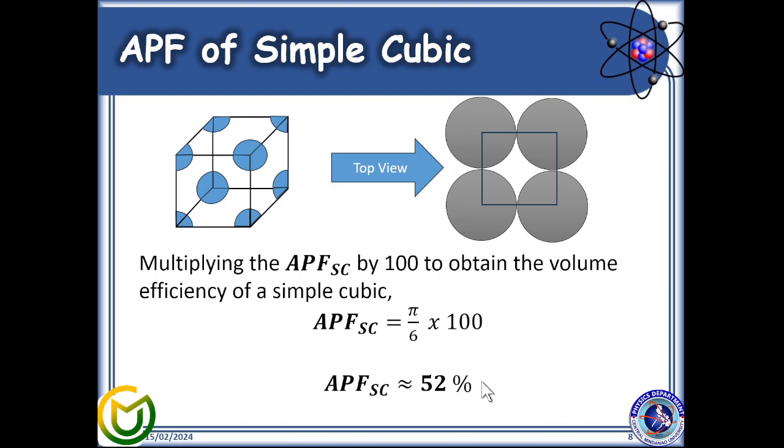Among the 3 common unit cells in 3D, the first is the simple cubic, the second one is the body-centered cubic, and the third one is the face-centered cubic. Among these 3 common unit cells, the simple cubic has the lowest volume efficiency. The higher the percentage of the volume efficiency,